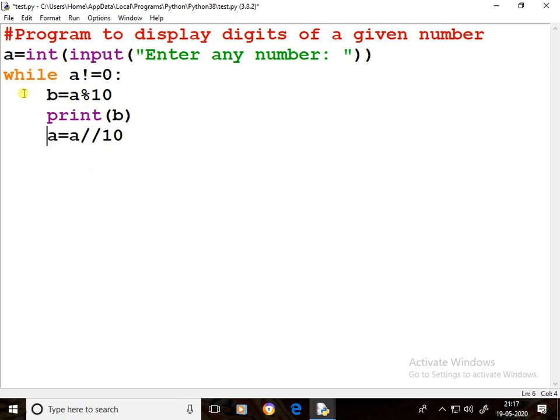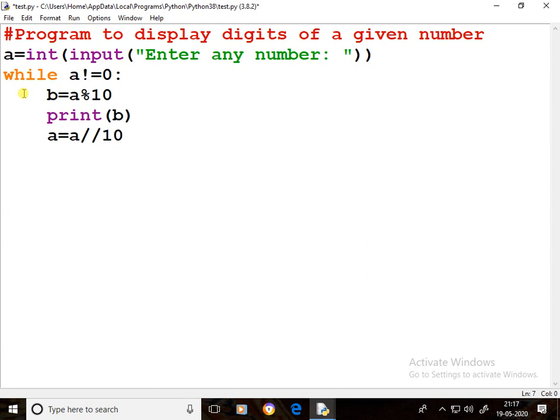Again 345 becomes 34, not equal to 0, true. Here remainder 4 comes, 4 printed. Again 34 becomes 3, not equal to 0, true. 3 comes, 3 printed. Here 3 becomes 0, 0 not equal to 0 is false, so the while loop terminates.